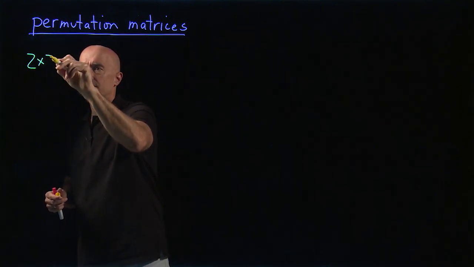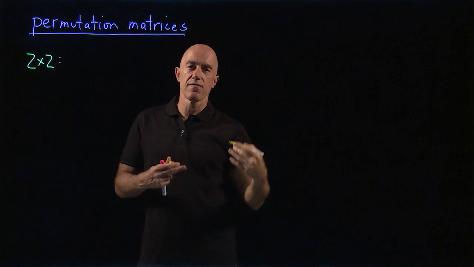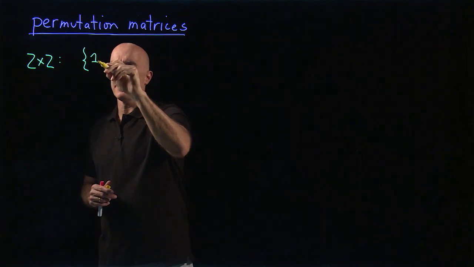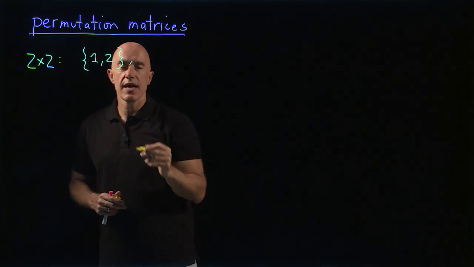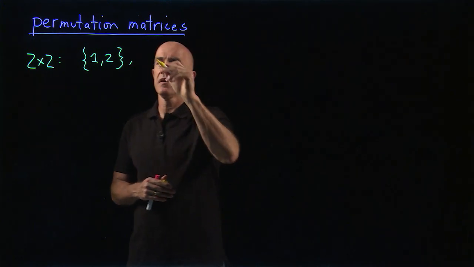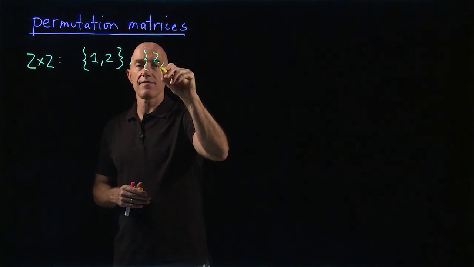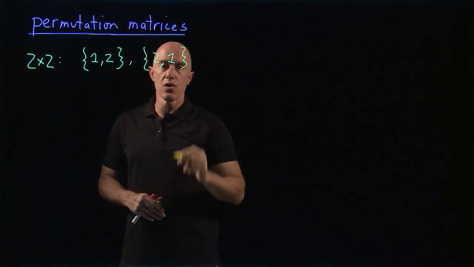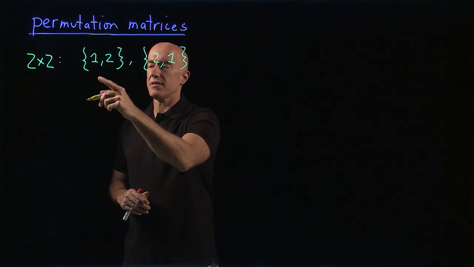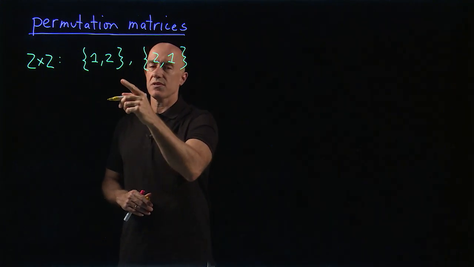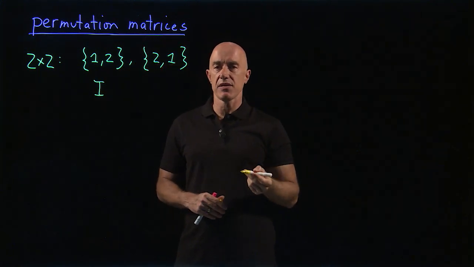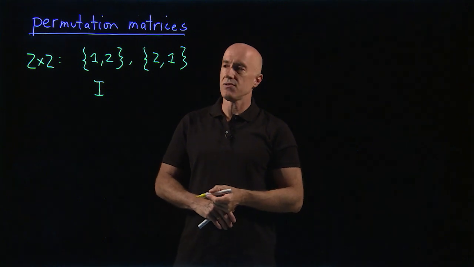If we write down the order of the rows of a 2 by 2 matrix, the usual order would be row 1, row 2. But you can then permute the rows. So you can put row 2 first and then row 1 second. So that represents the row order of a 2 by 2 matrix. The permutation matrix that keeps the same order is just the identity matrix, right? So the identity matrix is also called a permutation matrix.